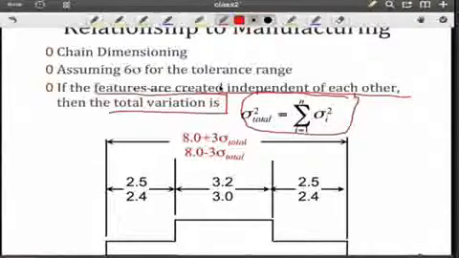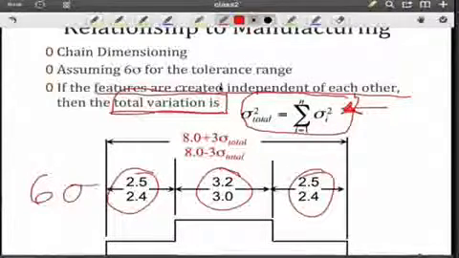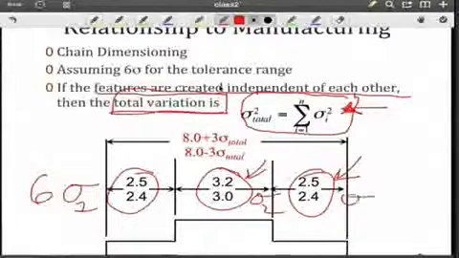If they're independent, you should recognize that if I have n random variables, all I have to do is add up the variances of each one because we're treating them independently. Otherwise, we'd have to take into account the covariance. So now what I have to do is determine, well, what's the variance of each one of these features here? In order to determine that, I'm going to look at this range and say that this range is equal to 6 sigma, this range is equal to 6 sigma, and so forth. So each one of these has a sigma. We could call it sigma 1, sigma 2, sigma 3. And so each one of them represents a 6 sigma range, but these sigma 1, sigma 2, and sigma 3